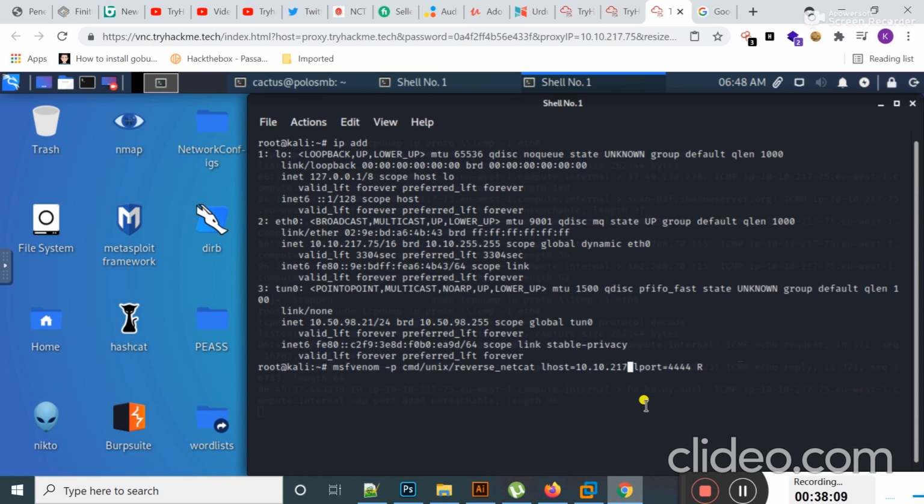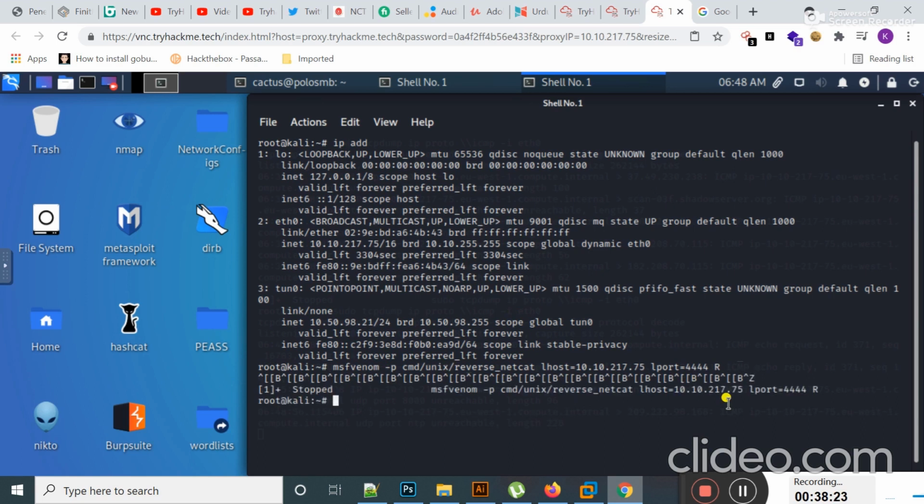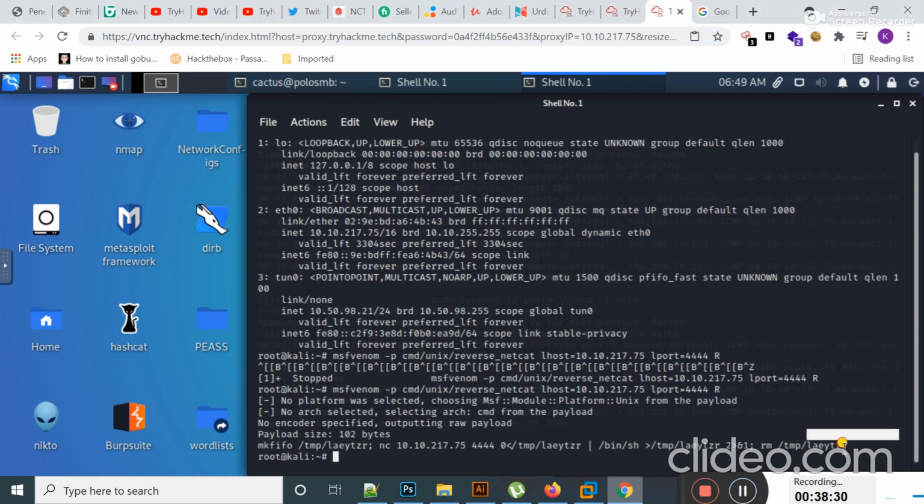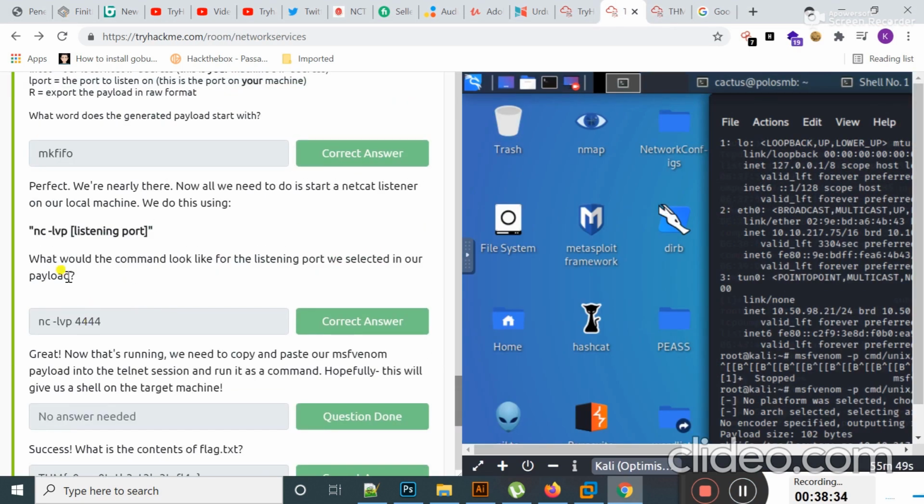Okay, let's move on. Start a tcpdump listener on your local machine. If you are using your own machine with the OpenVPN connection, you should type this. But right now I should use this, as I use the Kali Linux machine of TryHackMe. I'm going to use tcpdump.